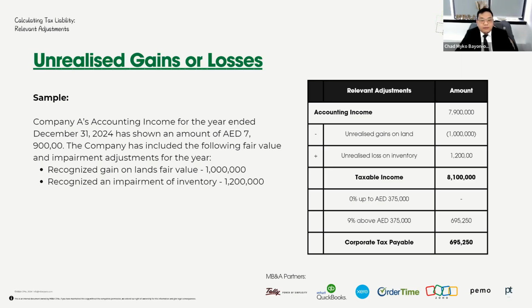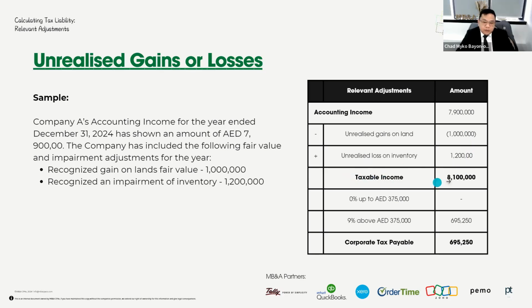So for this case, if ever you choose for realization basis, then you will be needing to adjust your impairment or your provision for slow moving inventory probably, or the impairment of your inventory. So you will be needing to adjust this back to your accounting income. So you will be needing to add it back. So in that case, in this certain example, we will be adding back the unrealized loss on inventory of 1,200,000,